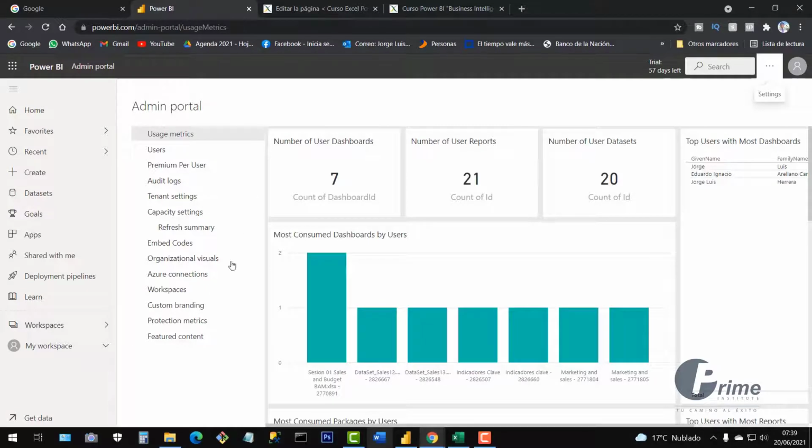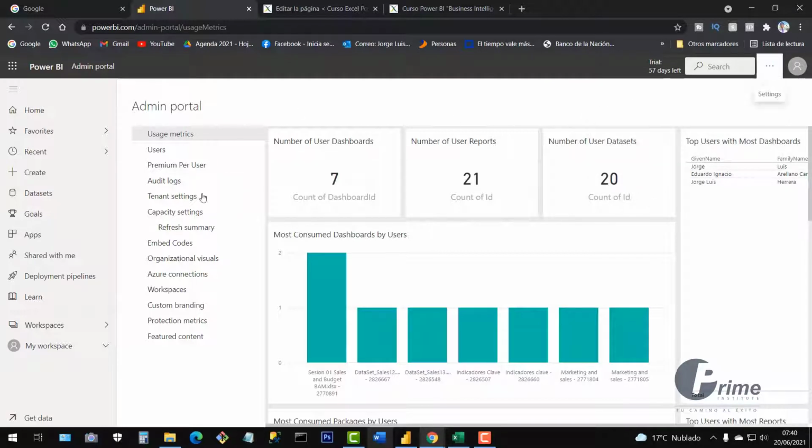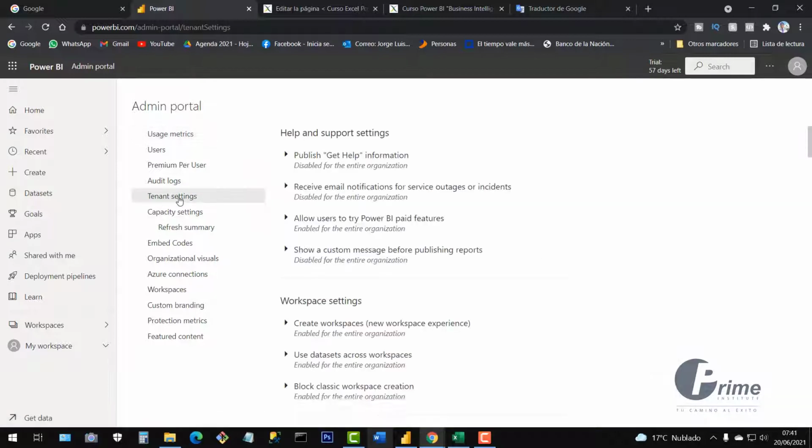Then within a company, there is always one person that manages the website. So this person that manages the website is the manager, the administrator. This person must activate this option here on this point where it says admin portal. This person that manages these options, for instance, here has to click on tenant settings